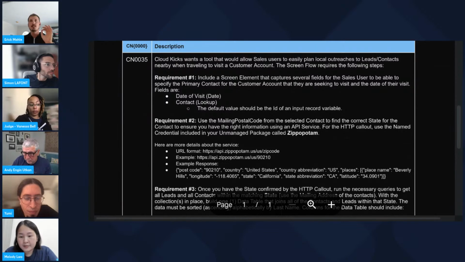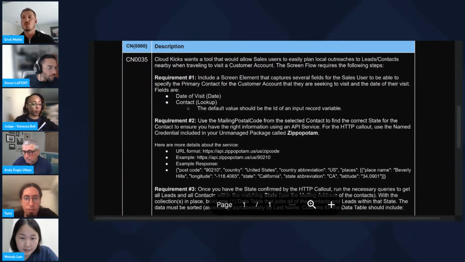The first requirement is a very simple screen flow that you have to basically be able to enter in some information. The premise is we want to be able to have our sales folks be able to